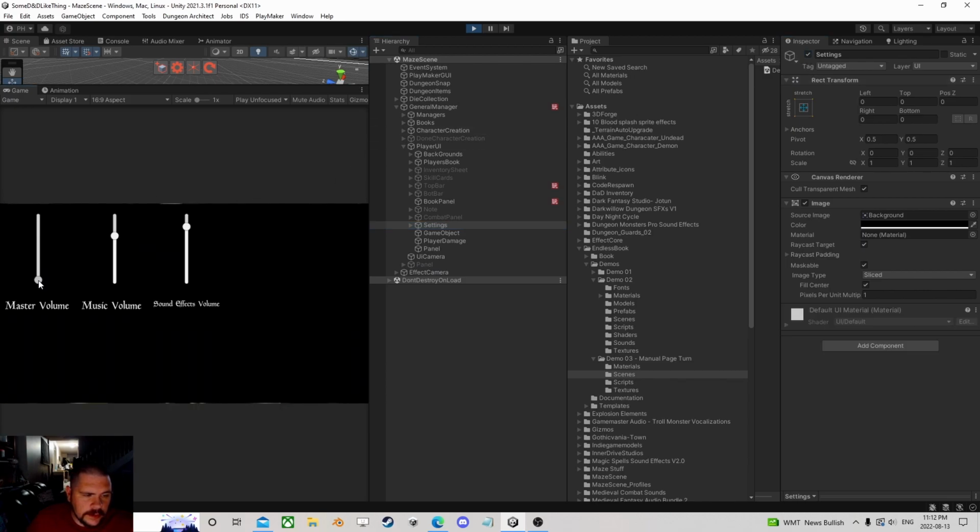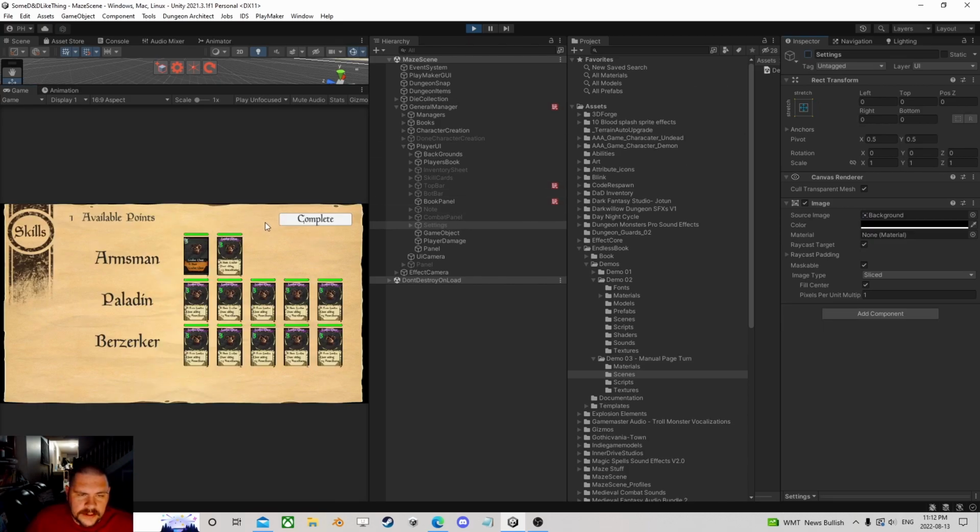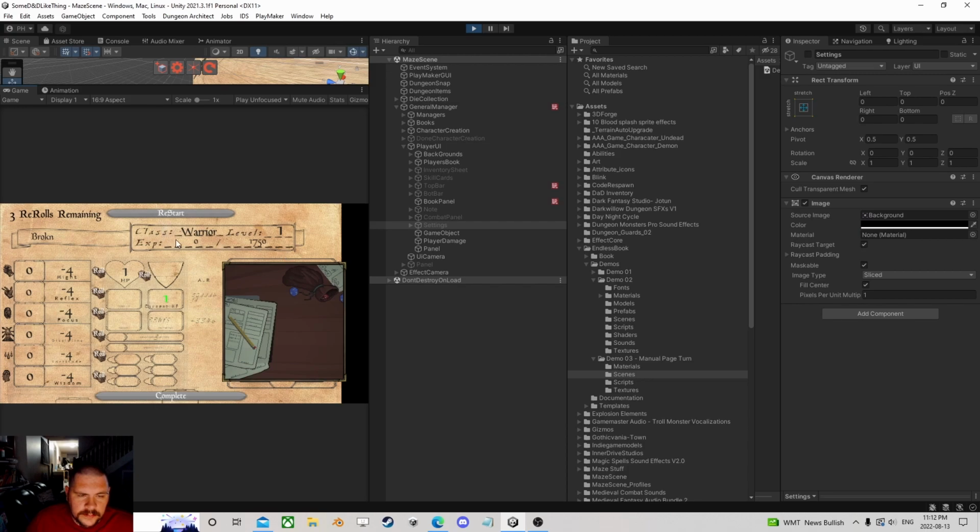I'm just going to turn the volume down so it doesn't bury me. This page is still completely under massive work. But I have a thing here where you can roll your stats, and it does some stuff. There's a bunch of voice here too. But we roll stats. You notice the dice are blue. I've been trying to